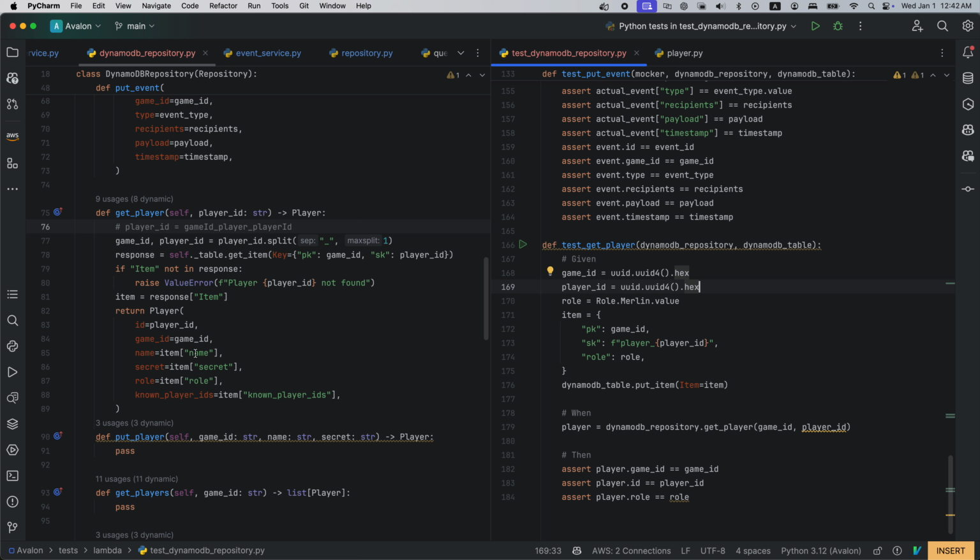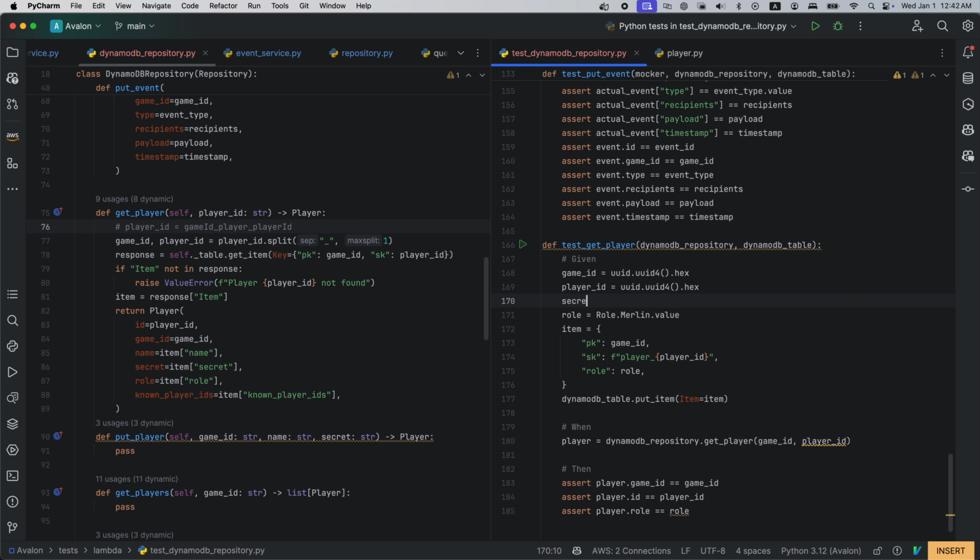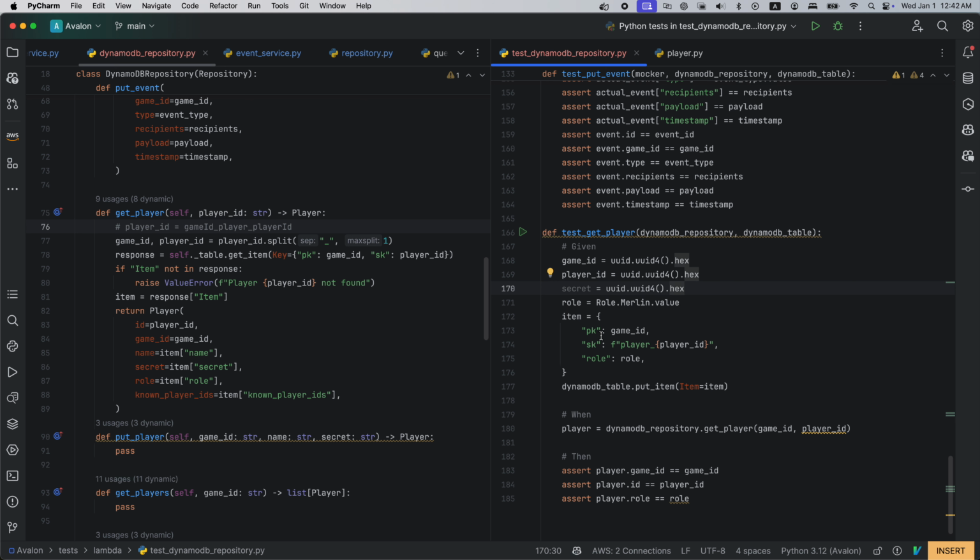So the item should be name. Let's give it a secret equals to another UUID. So pk game ID, sk equals to game ID.